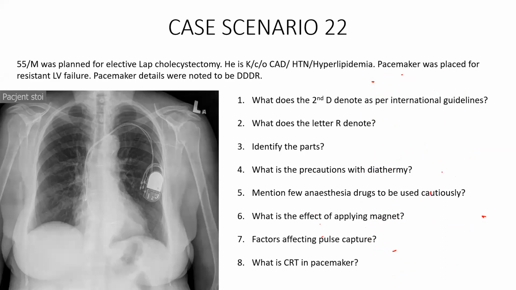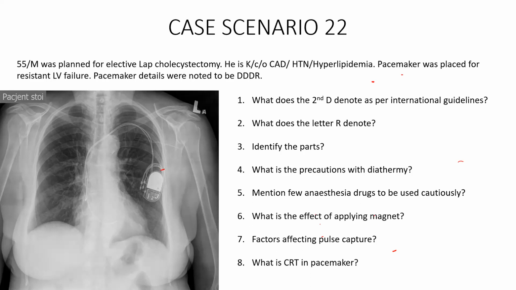Succinylcholine. Why? It is going to produce fasciculation. And etomidate can cause myoclonus. Etomidate and ketamine both can cause myoclonic movements, and so can succinylcholine, so those have to be used carefully. Any other gas? Nitrous oxide, because it can fill the air pockets. At the initial phase, inside the pulse generator, it can expand the air pockets and damage the battery. Very good. Nitrous oxide.